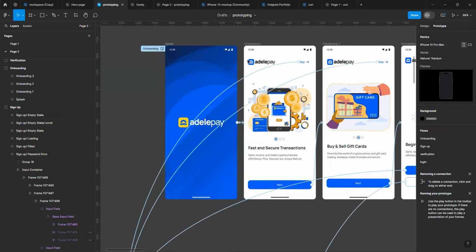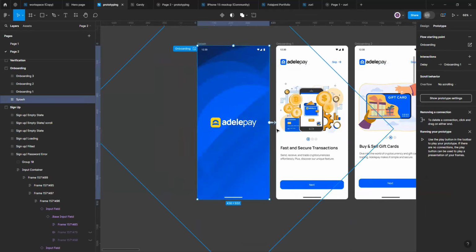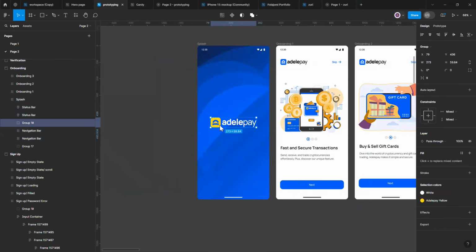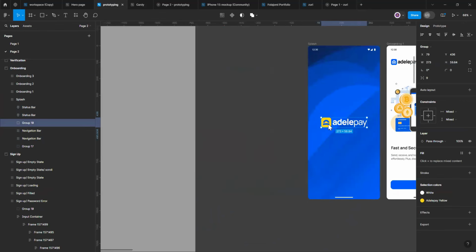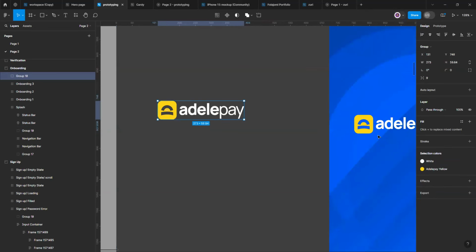Now, I want it such that when we load the screen, it's going to give that effect. So I would first animate this logo. I'm bringing this out on the side here. So this is it, right? Now I want to animate it here so that it gives me the effect that I want. So first is